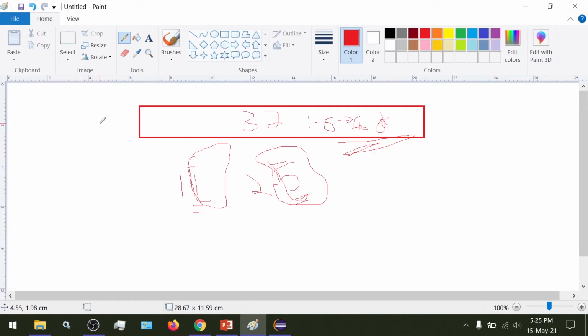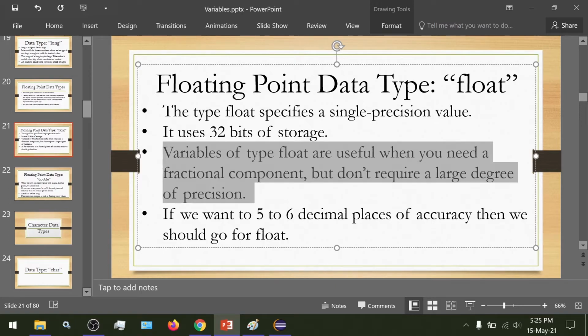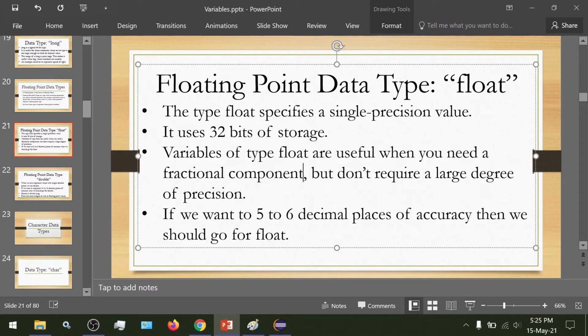The sequence of zeros and ones would take 32 bits, or the length would be 32. Variables of type float are useful when we need to store fractional components but don't require a very large degree of precision. If you want to store 5 to 6 decimal places, then we could use the data type float.